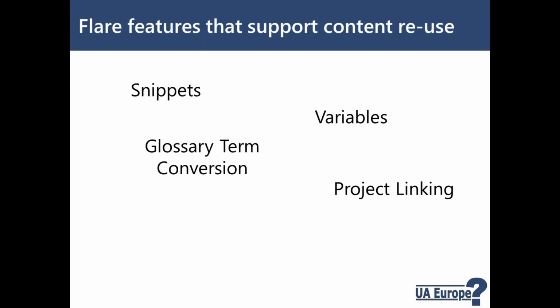Project linking. Now, this is absolutely key. This is key to that way of sharing assets that I was talking about, sharing your style sheet across multiple projects. So this is great for reusing assets such as style sheets, but also a way of being able to share pieces of content such as topics, common topics, or shared snippets. We can do it by linking projects and sharing those snippets across multiple projects. And I'll be talking about various strategies for linking projects a little bit later in this webinar.